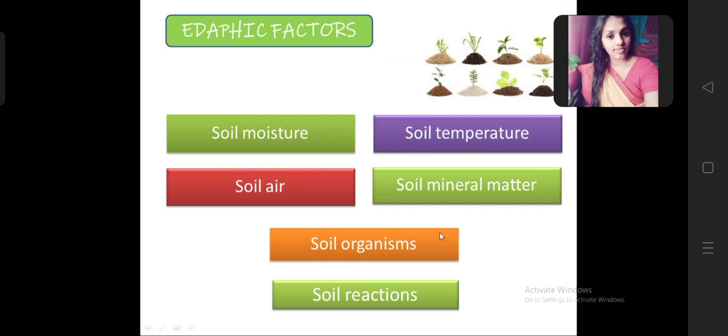Next one is the soil organism. In the soil organism, you can consider bacteria, algae, fungi, and earthworms, etc. The amount of soil organisms will depend upon the pH of the soil. If it is near the neutral pH 7, more bacteria will be there, and after that algae will be there, then fungi. And the next one is soil reaction: humification and acidification, everything you know. That is also important for crop production. Eluviation, every process you know, so all these come under the soil reaction.